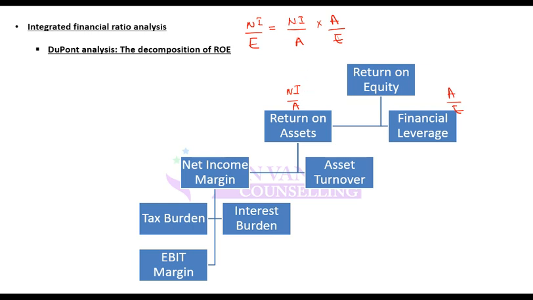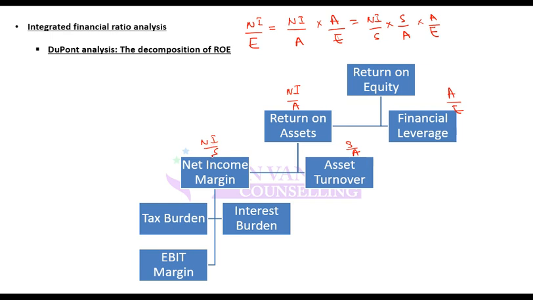Now, this net income to asset can be further broken down into two components. You can write it as net income to sales multiplied by sales divided by asset. Same thing: sales cancel out, net income to asset. Any problem so far? So it can be further broken down into net income to sales and sales to asset. Let's say you found out that it is changing due to return on asset. Then return on asset can change due to two reasons: one is changes in asset base, and the other is changes in profitability. You should find out what is causing this change.